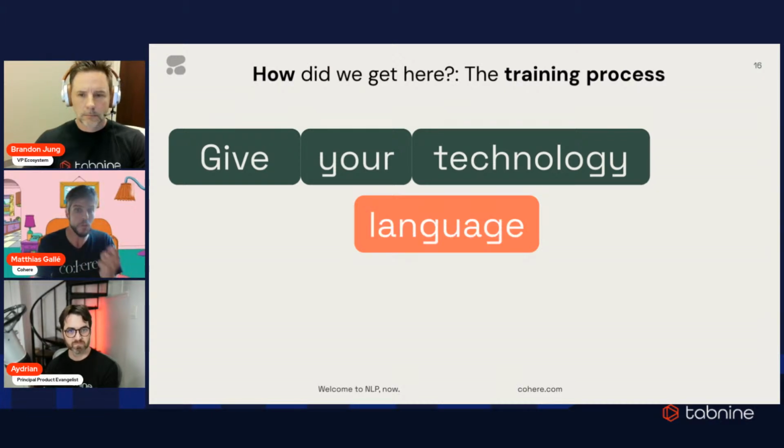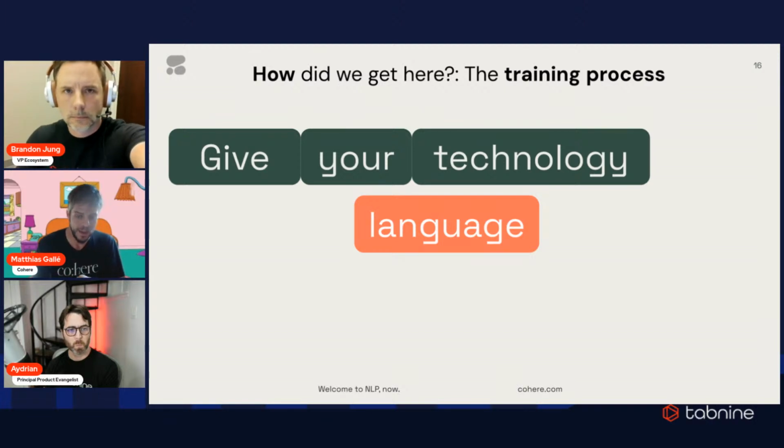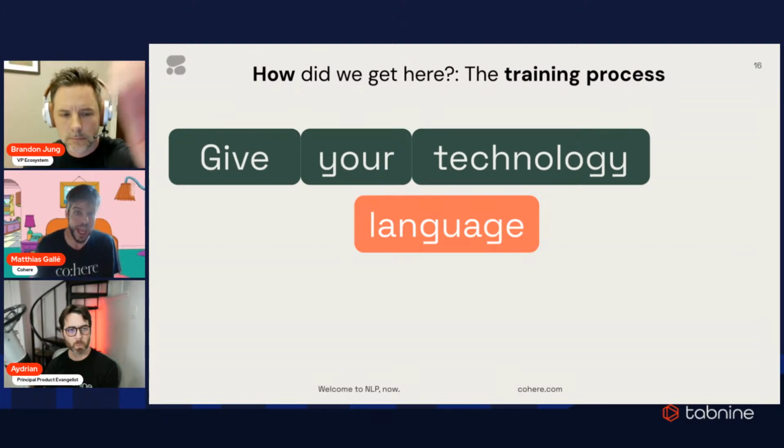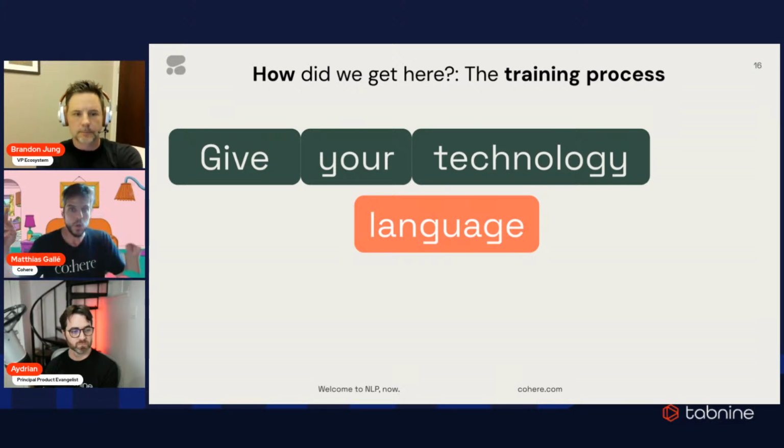This might not be something that your model was expecting, which in technical terms means that your entropy was very high for this specific word. And so if that's the case, you penalize the model in order to steer it in a direction so that hopefully next time it will give a higher probability to the word "language." If it was correct, then you correct the model much less. This is what's called a self-supervised loss, because we don't need humans to actually go and annotate all this data. We just go and scrape lots of data and then we train on top of it.